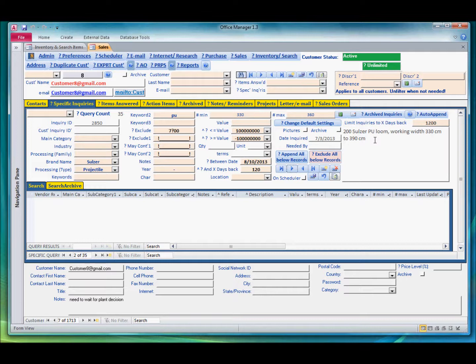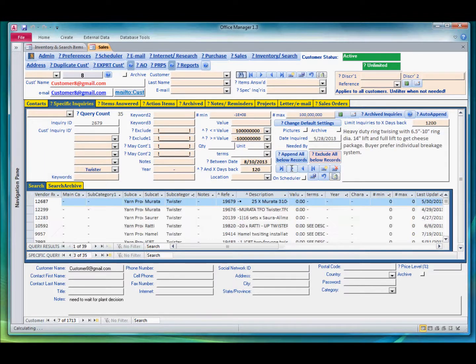If you were selling used cars, then this may be like a GMC, and this may be the color gray or SUV to narrow down your search, and instead of the width you would probably have something like how many seats you're looking for, and so on and so forth. So here we don't find a match at all, and in the next one we may find some matches. Let me see. Okay, in here he was asking for some twisters, and here are the details again,